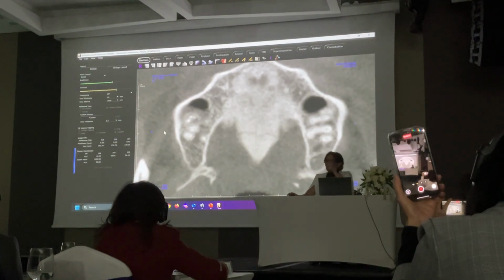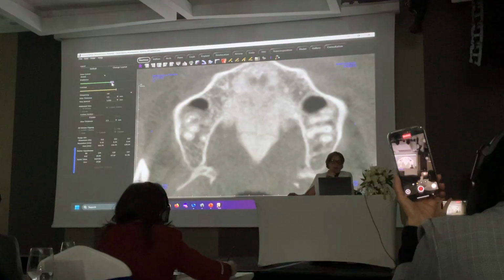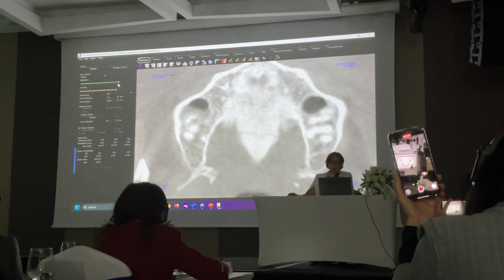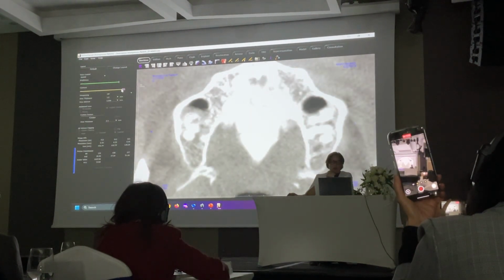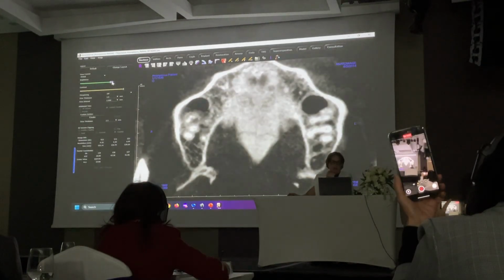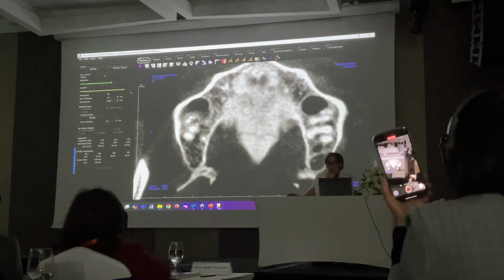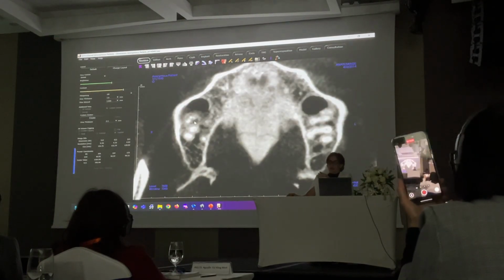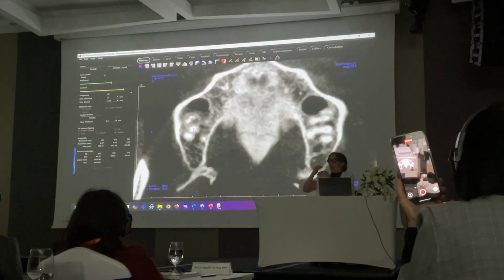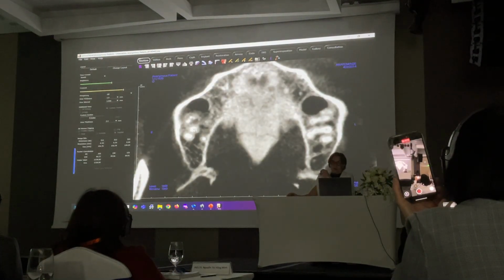Okay. Let me show you one of the nice things about cone-beam CT. You can change the density to enable you to see it better. So I can create more brightness and more contrast, changing the brightness and contrast like this to see the structure better. And this becomes very important when you're looking for infection. It's very important when you're trying to see if a cortex is continuous or not, okay? So we see here the apices of the